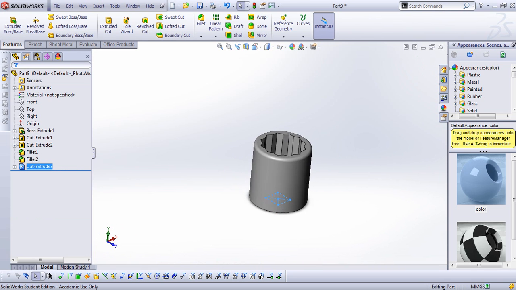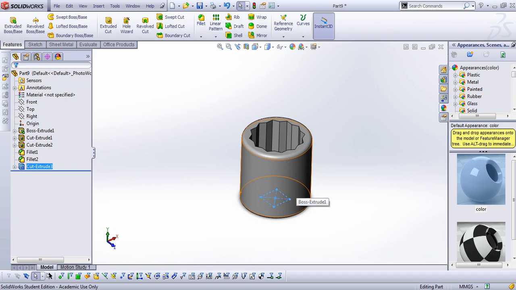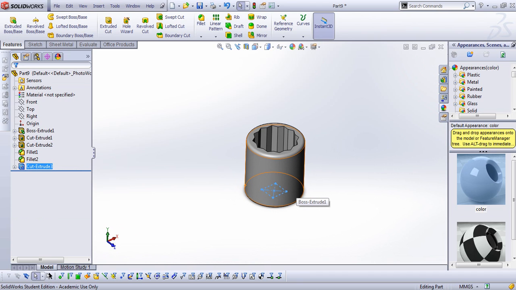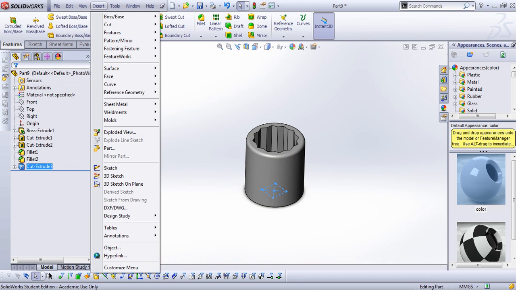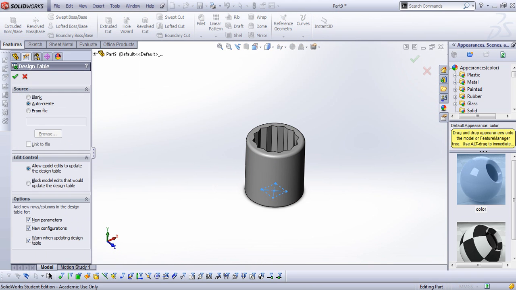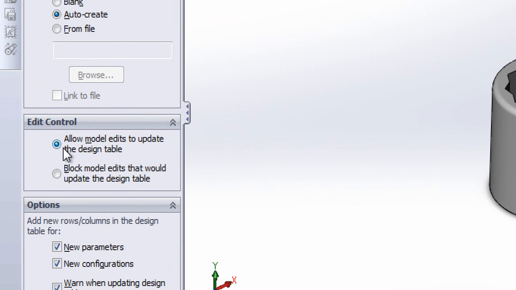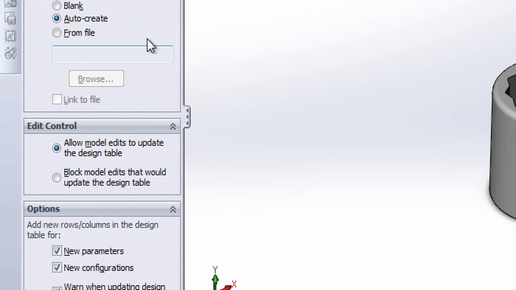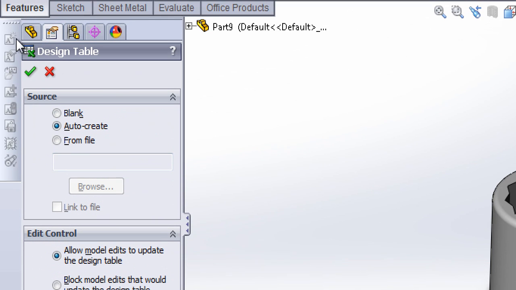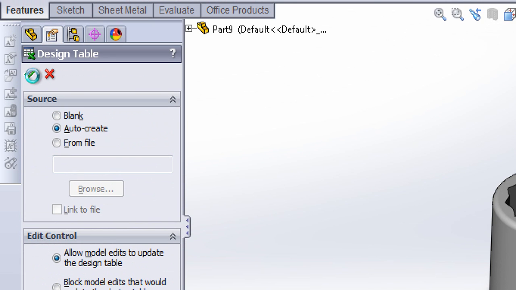What if I want to make many of them but different sizes? So in that case, I have more than one. Maybe I have 50 of them. How do I do it? Is going simply to insert. You go to table, design table. Make sure that here in design table you have possibility of editing, and the rest is all clicked here. And this is go to auto create. Click on here,